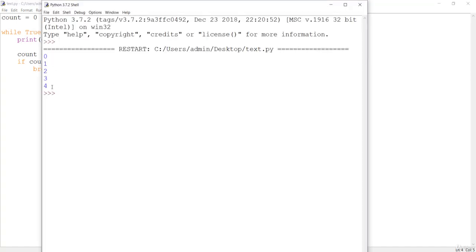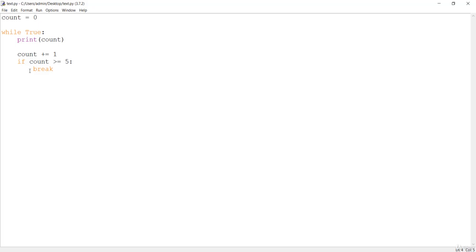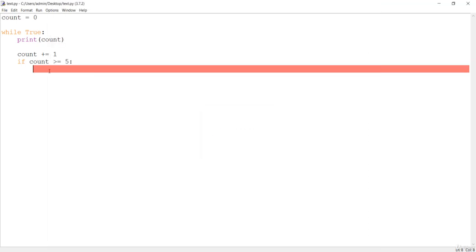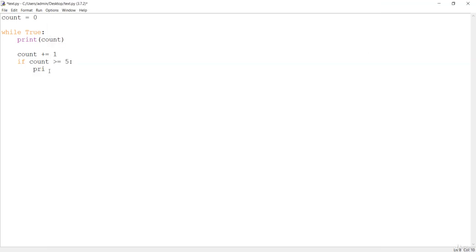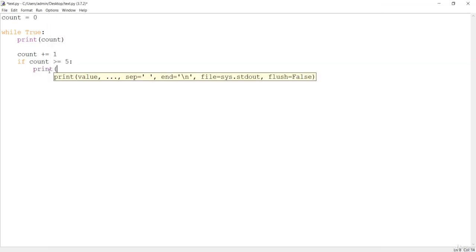Then it is going to give us the 5 values, because when this condition is true, it will break. Let's see if I just remove this break, save this, and press F5. Okay, we haven't had anything over here. Let's say print hey.